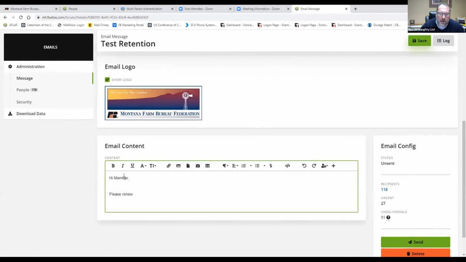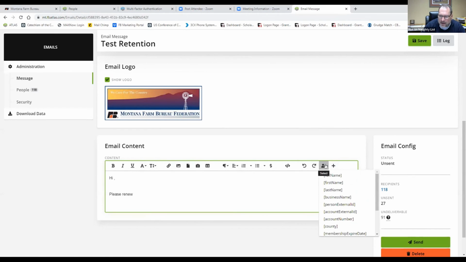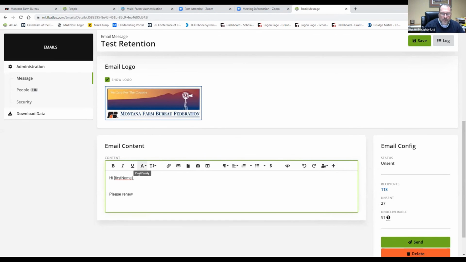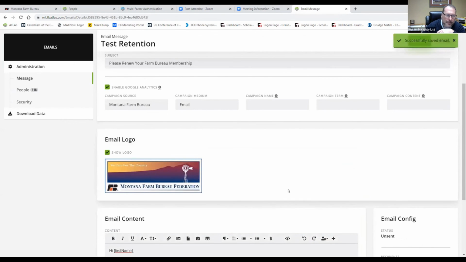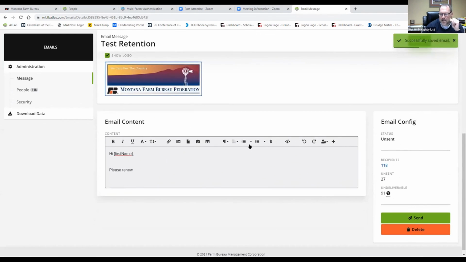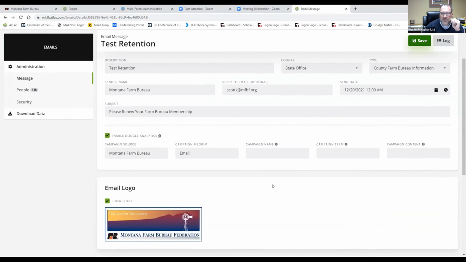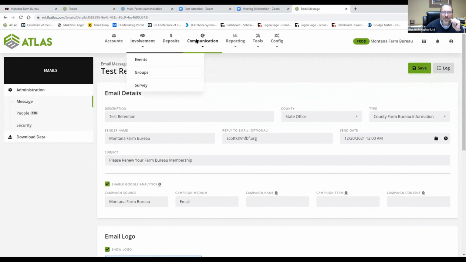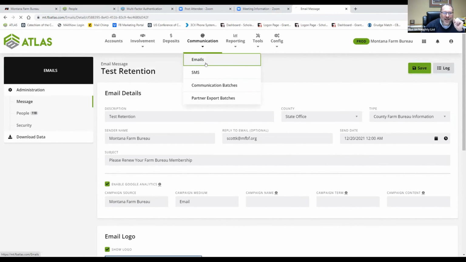incomplete. But anyway, one other cool thing that I want to show you is that hi member, not very personal. So if I'm messing around with up here, I could do anything from insert a payment link to a picture, but this right here is really pretty cool. If I hit that select, I basically get mail merge options. So I could hit first name, and now my email is going to be a little bit more personalized. Now I can save that, test it, send it to myself, see if it looks good. And then when I'm finally ready, I can just push this send. And again, I'm not going to do that because it would, but you kind of get the picture.